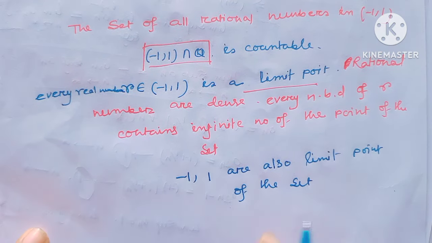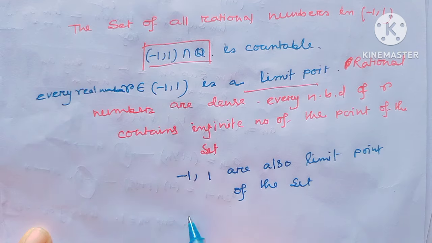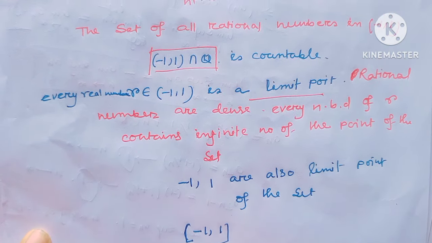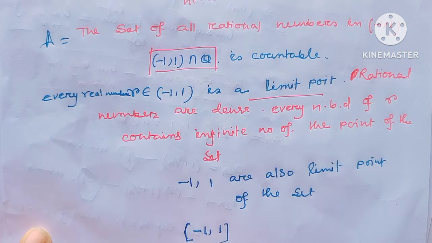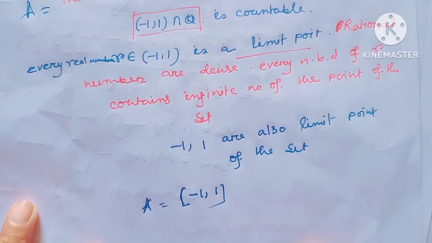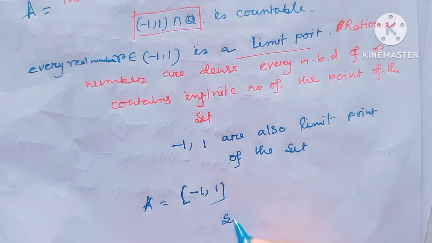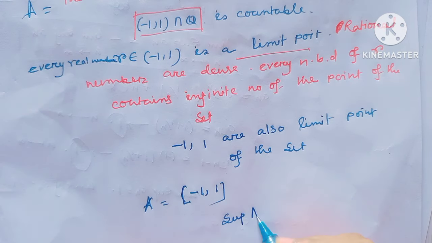So, the set of all limit points is the closed interval minus 1 to 1. If we denote the set as A equal to the closed interval minus 1 to 1, then the supremum of A is